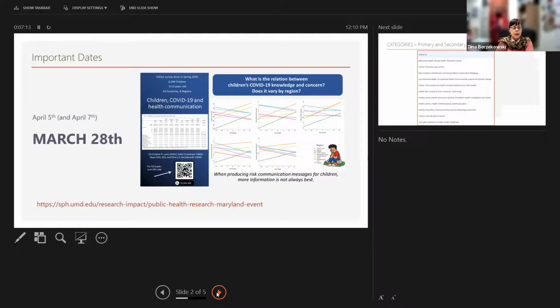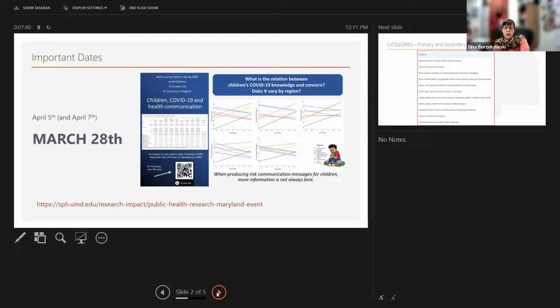Once you have submitted, block out in your calendar April 5th, from 10 to 1 p.m. That will be the time when you will present your poster or posters. We are very much hoping to have an in-person event, which will be held on the concourse of the School of Public Health.